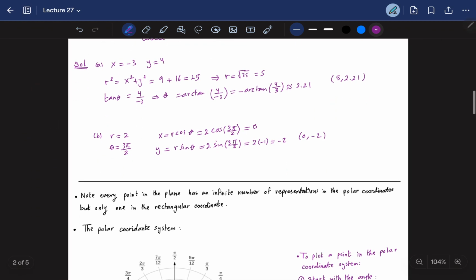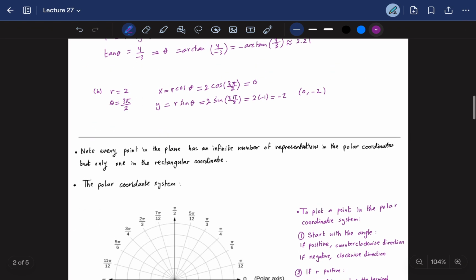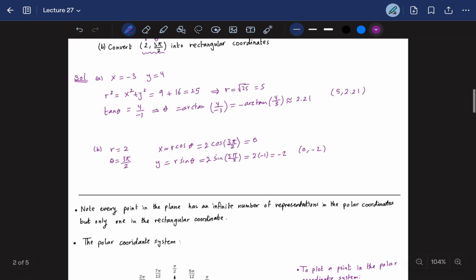Now let's review the fact that I talked about before. Every point in the plane has an infinite number of representations in polar coordinates, but only one rectangular representation. Because here, if you see, I could have taken the negative 5 and I would have gotten another value for another point. I could keep adding pi or 2 pi and getting new values,